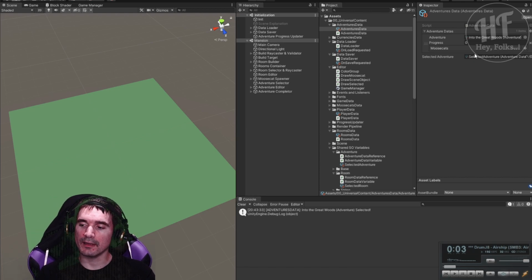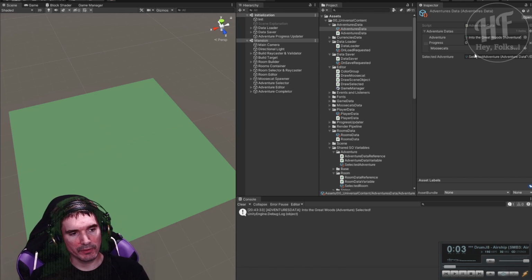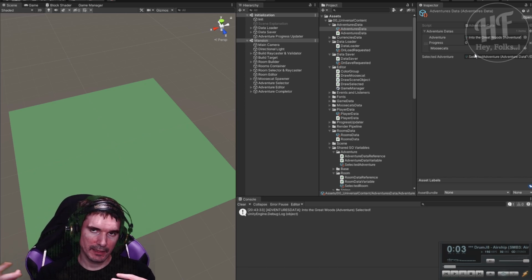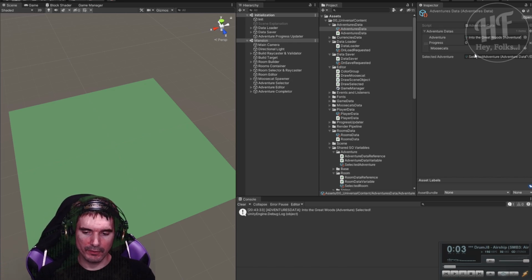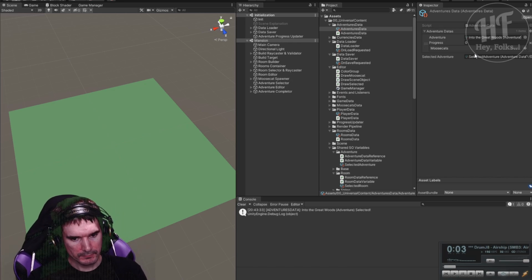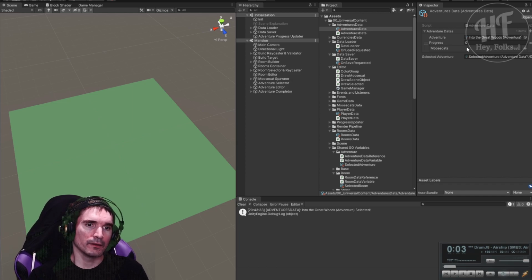Not because it always will. If you're playing in Unity, or playing in an actual built game, this data doesn't persist between games. But in the land of editors and working in Unity, it does. So now we have this, and we are going to... Oh, no, I don't want to get ahead of myself. I think I have an idea of what may have happened with some of this, or maybe it's something that was edited. But regardless, we're going to hit play,